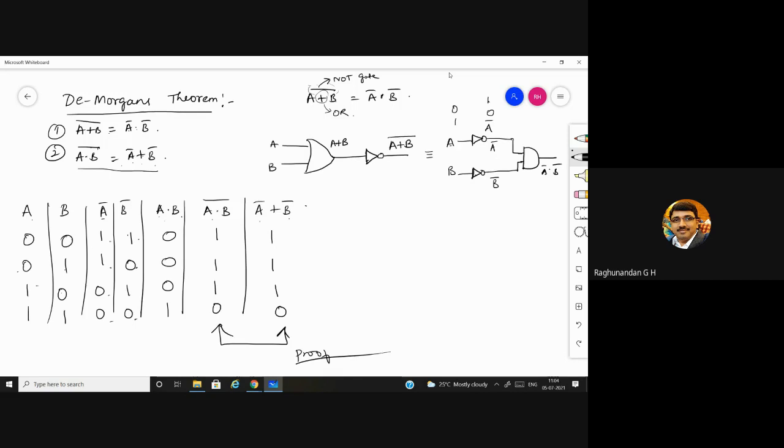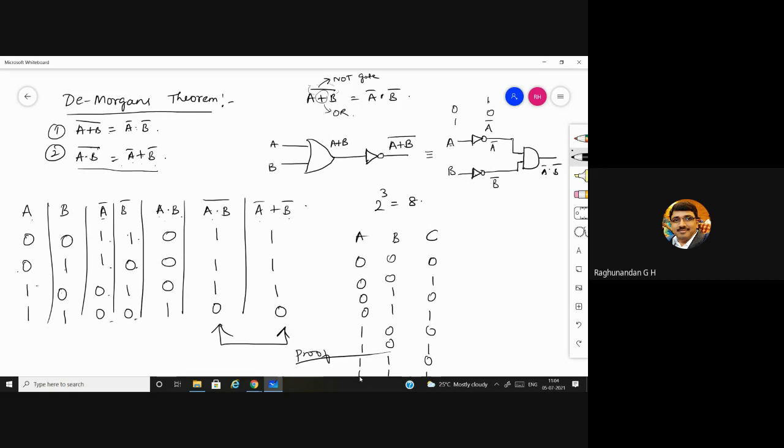how many number of inputs you will be getting? 3 variables means A, B, C. 8, because 2 to the power of 3 is equal to 8. During that time 0, 0, 0, 0, 0, 1, 0, 1, 0, 0, 1, 1, 1, 0, 0, 1, 0, 1, 1, 1, 0, 1, 1, 1. Like that. This is how you are going to write the values for the different inputs,